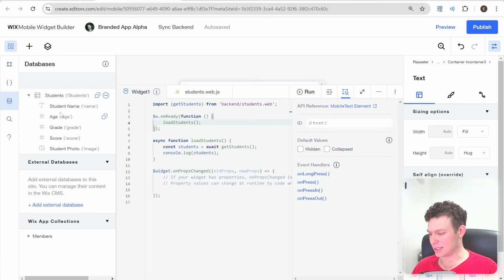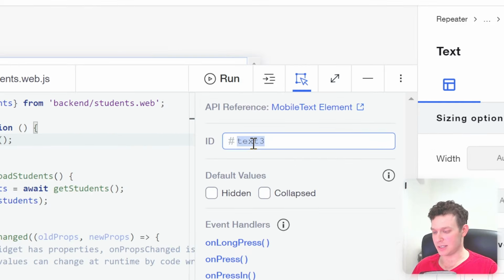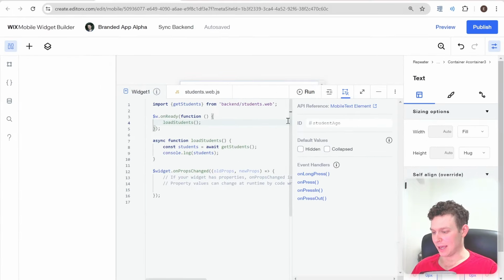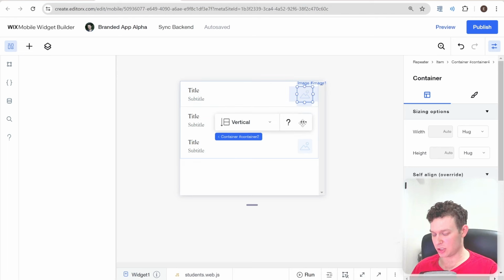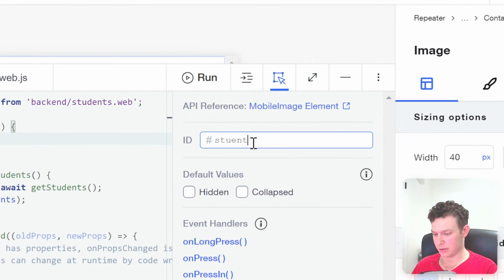Students, so let's get the age of the student. So I'll change this to say student age. And then what I'll want to do is just grab, let's say, this image, and that's a container. Grab the image in the container, and I'll just call this student image,